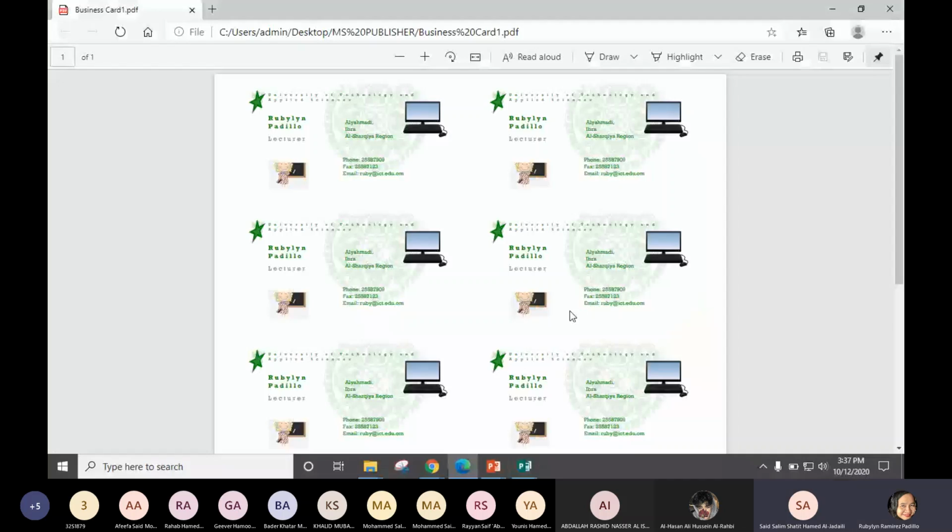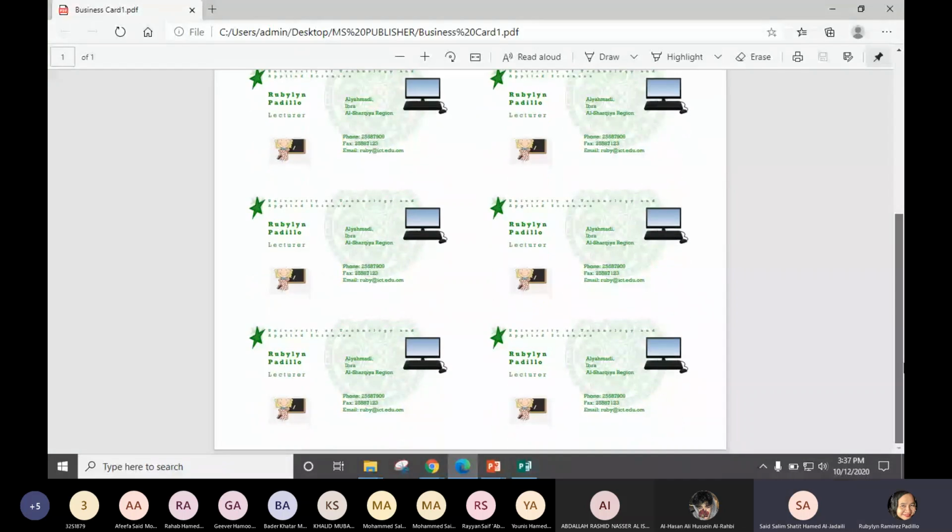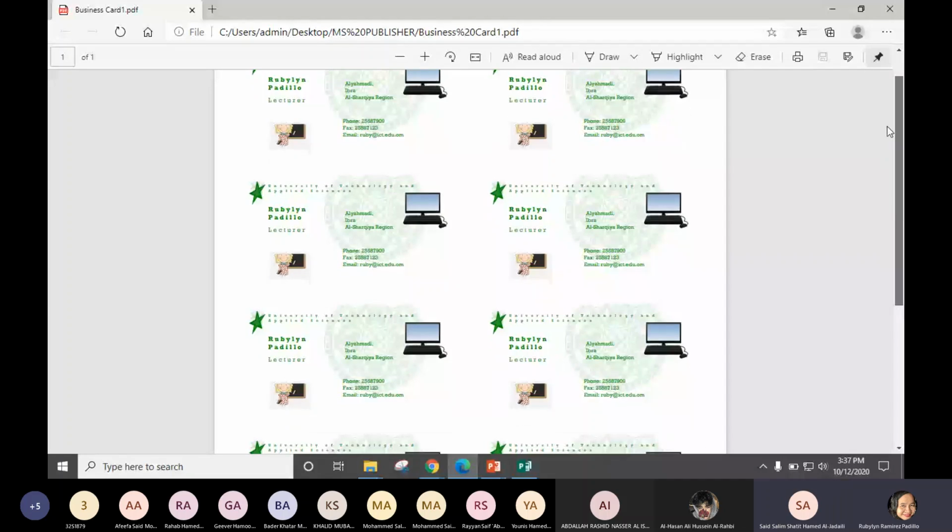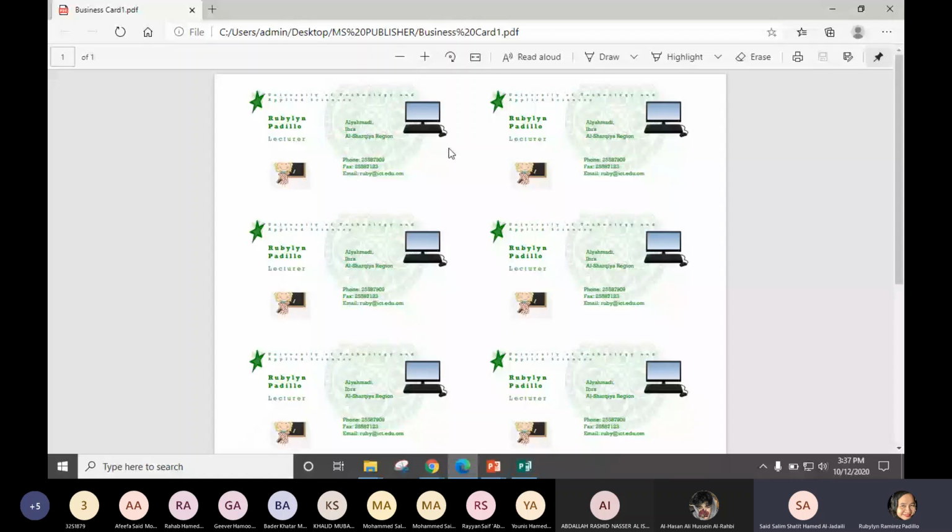So see, I already have my business card. Look at that. If you print this business card, class, you can give it to many people. Business card is very small, no? This is the size. The size is already given correctly because we have used business card. Okay, so that's our example number 2.